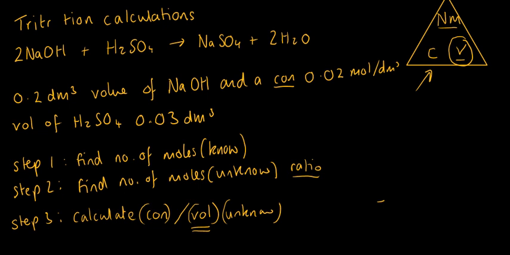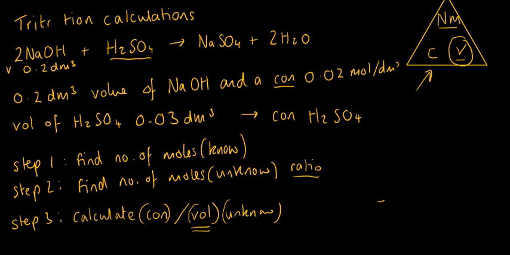What I want to know is what is the concentration of H2SO4 that would be needed to successfully neutralize this reaction. So I want to know what is the concentration of H2SO4. Okay, so let's simplify this question by writing V for volume and writing 0.2 dm cubed,